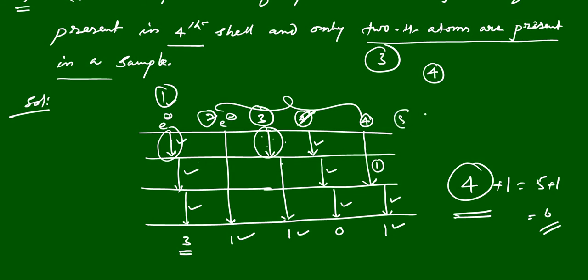Whether you take 5 electrons, 6 electrons, 10 electrons, 100 electrons, or 1 mole of electrons, it doesn't matter. The remaining electrons can give the same kind of radiation only. So maximum you will get 6 transitions, but to get these 6 transitions, minimum we require 4 hydrogen atoms, 4 or more than 4. They can give 6 transitions only, maximum.